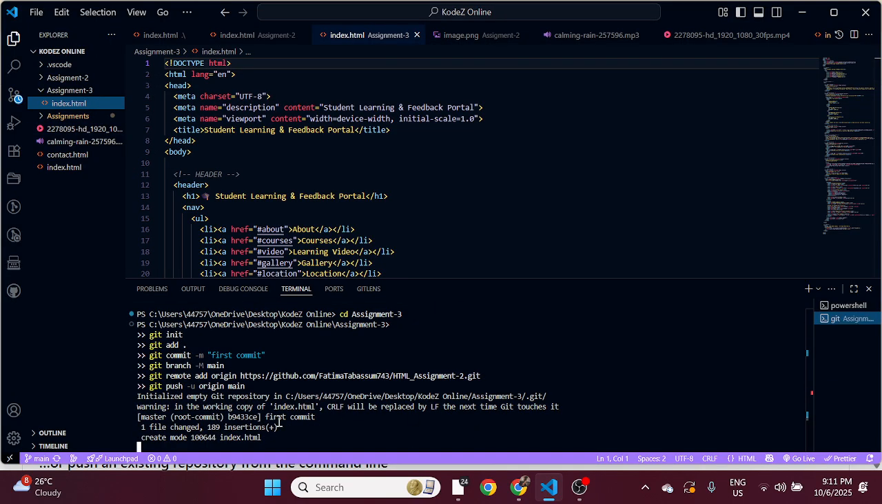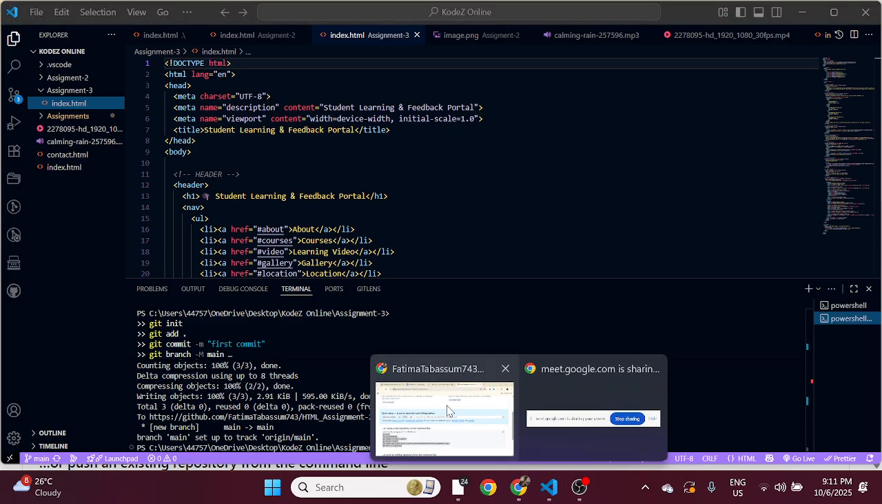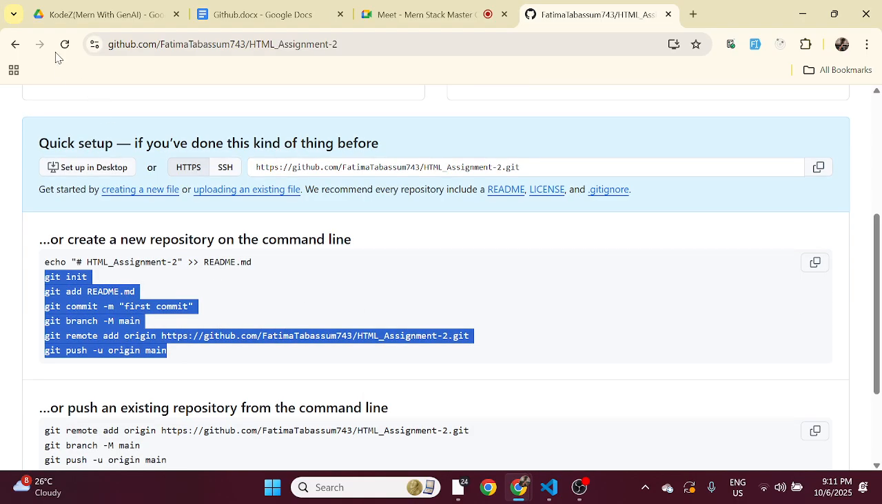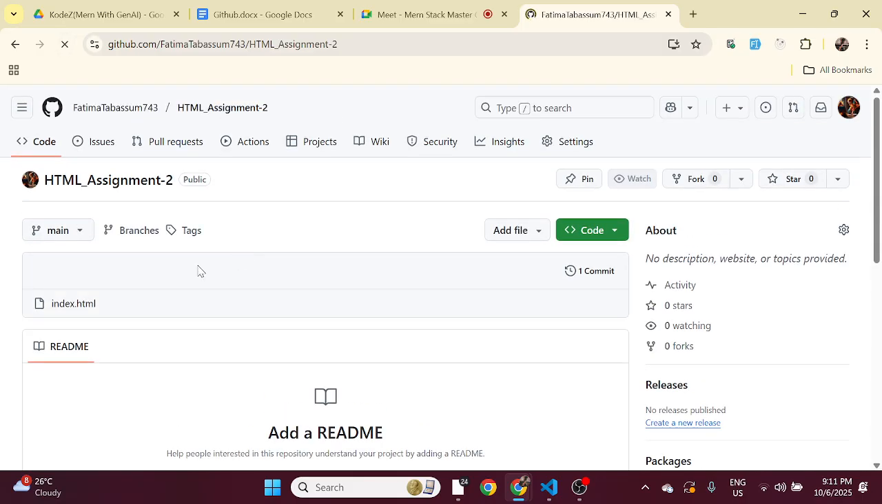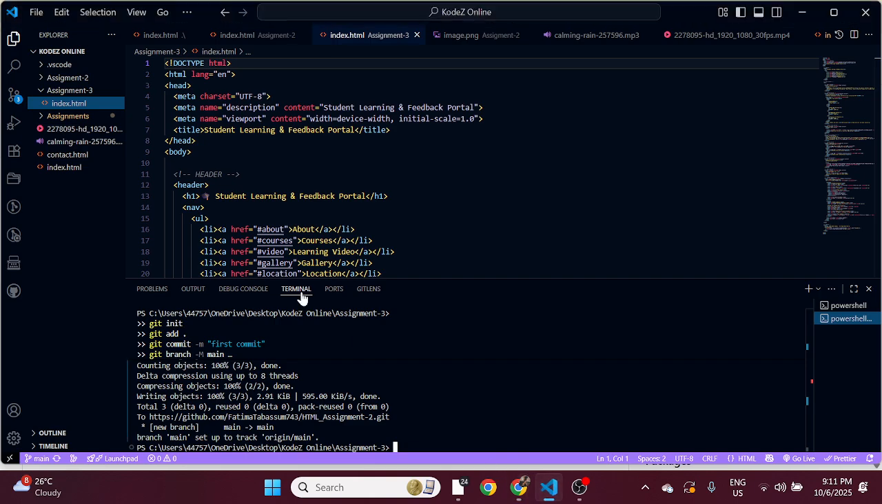Okay, it is pushing all the code. Okay, it is completed. See, it is showing you completed, right? 3 by 3, all this thing. So now just go to here, just refresh this. Okay, now my code is added here. Now whatever code I have in this assignment 3 folder, it will be added in my GitHub profile now,